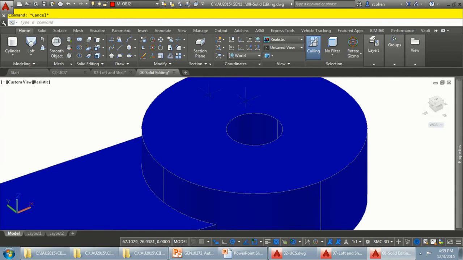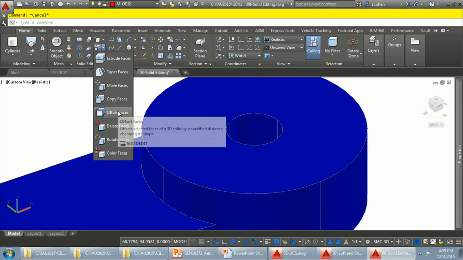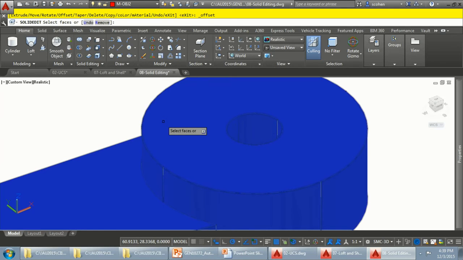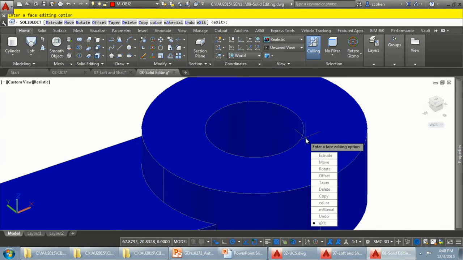And you don't have to do that, okay? Right down here, there's a ton, and I mean a ton, of basically solid editing tools for faces, for edges, or for whatever, okay? So if you look over here, I want to do what's called an offset face. So I'll pick offset face, again, look to the command line window, you select the face you want to offset, pick here, press enter, and then you define the distance that you want, and you can do negative or positive. So in this case, I want to do a negative 1.5, press enter,